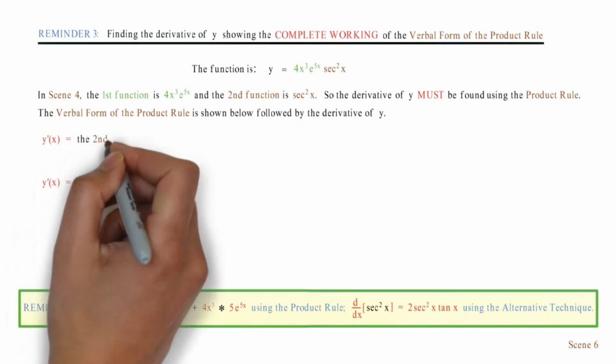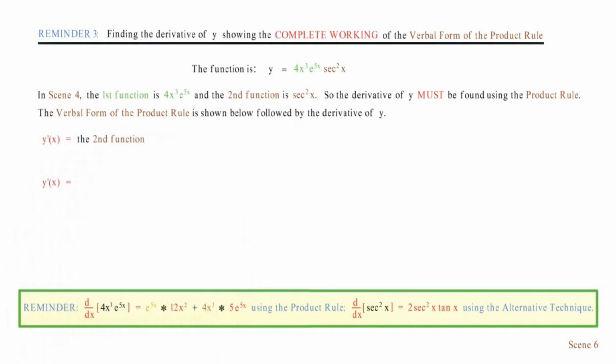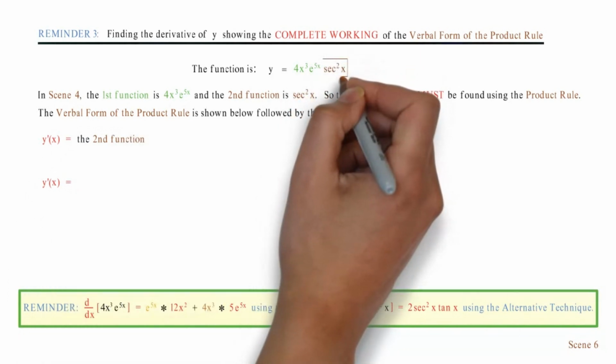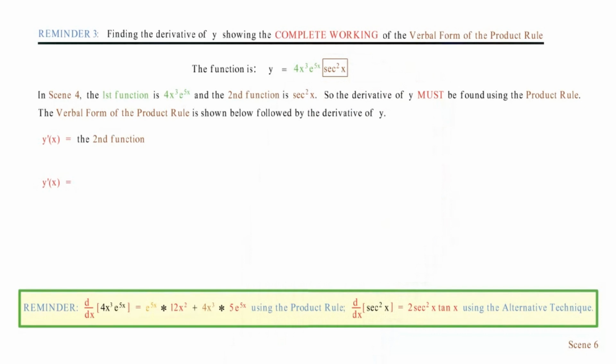The second function is sec squared of x, so substitute sec squared of x times is